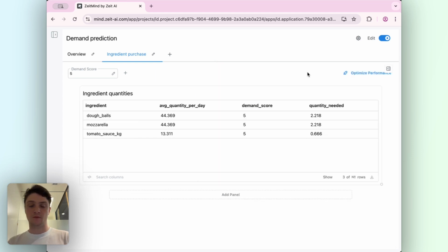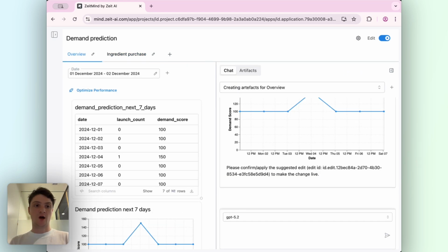Perfect. The final step that we want to do now is actually connect these 2 pieces. So we can go back to our overview. Now back in our overview tab, we want to start summing up the demand scores here. So let's ask the agent to create a new table